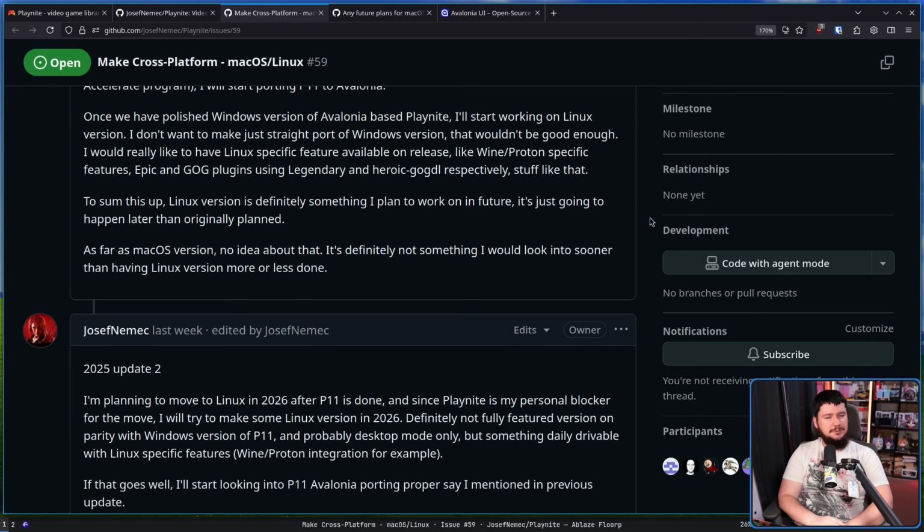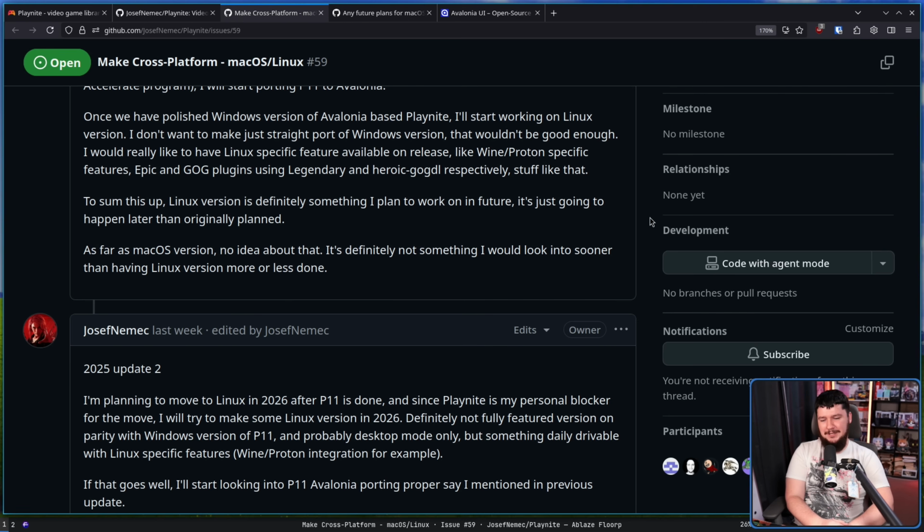Now, I have not spoken to the developer, but I would assume a big part of the reason why they're actually thinking of moving to Linux is probably partially because of the Steam Machine announcement and, you know, Linux gaming is only going to get better and better and better, and then in conjunction with the state that is modern Windows, and, well,